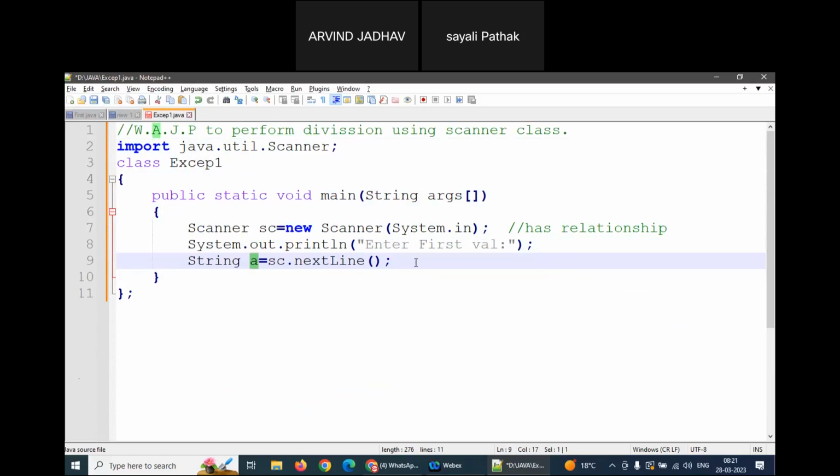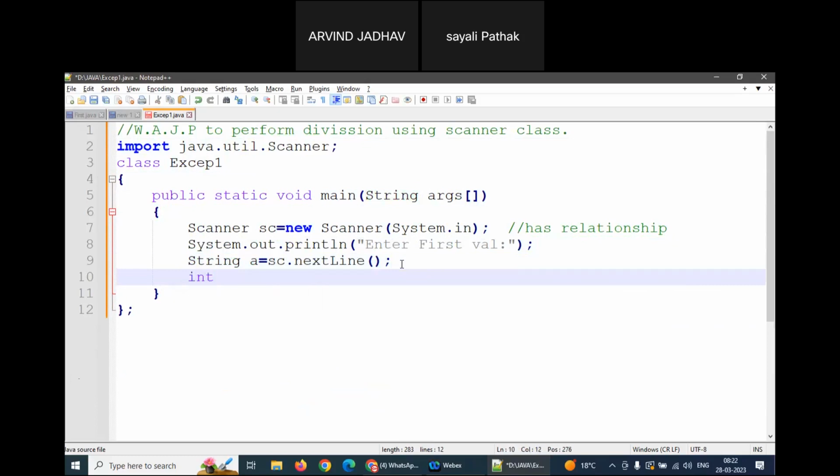But हमें डिवीजन परफॉर्म करना है और जो भी इंफॉर्मेशन आ रही है वो स्ट्रिंग के अंदर ही स्टोर हो रही है. Later on we need to convert. अब इसे कहते हैं टाइप कास्टिंग. Later on we need to convert into integer और इसका बहुत ही इजी ऑप्शन है. So किसमें कन्वर्ट करना है? int में करना है. Name of variable here I will write num1 equals to. अब डेटा किसके अंदर है? स्ट्रिंग के अंदर है. कन्वर्ट किसमें करना है? इंटीजर में. So write down Integer